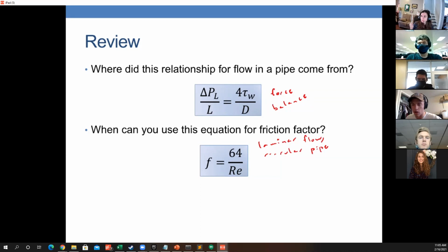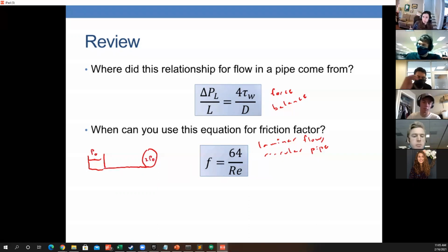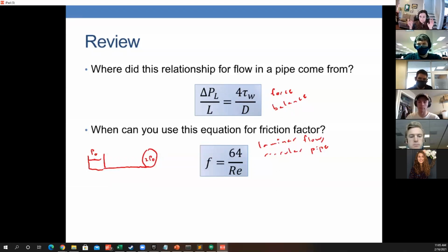You are saying that right, but you're not generalizing it enough. So you're in the right direction, but the general point is, let's say that we had a tank over here that's open, and then a tank over here. So let's say this is P atmosphere and this is 2P atmosphere or something, and there's a pipe in between them, right? So if it was like this, then when I would be setting up my mechanical energy balance, it would be